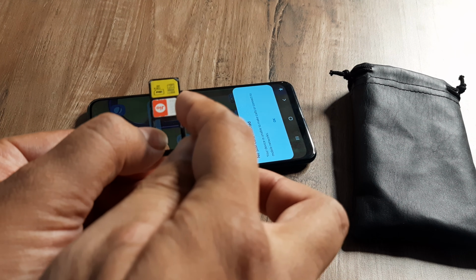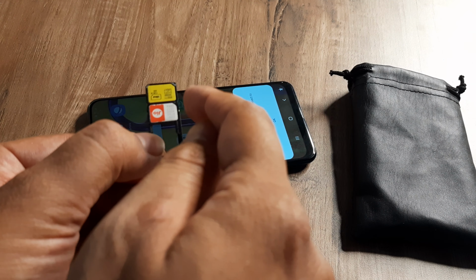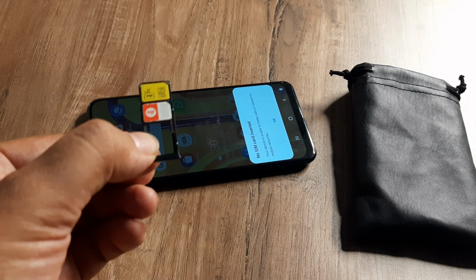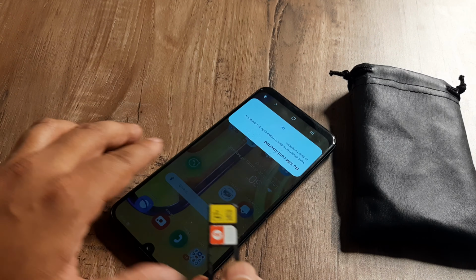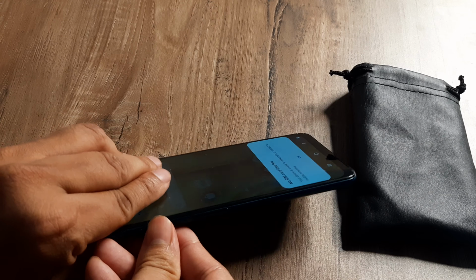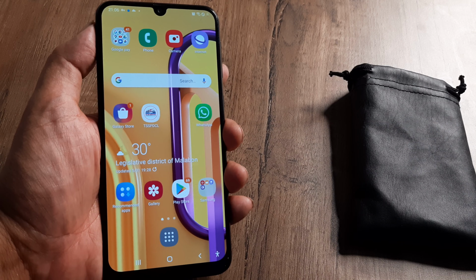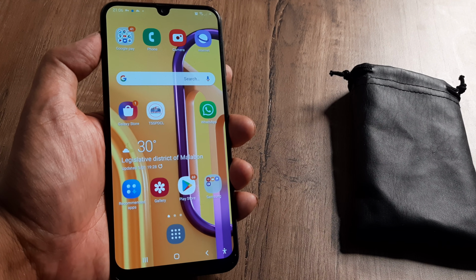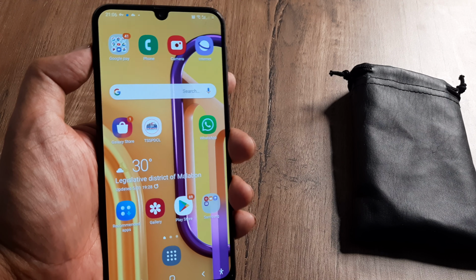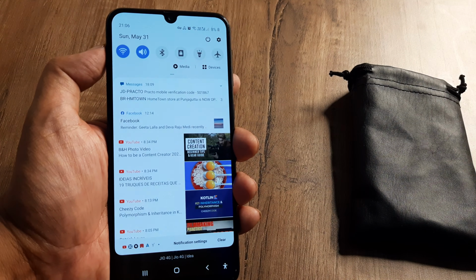Next thing, be very careful that you have inserted the SIM properly so that they fit in the groove properly. So you will see every SIM tray has this small little groove which lets you know how the SIM is to be inserted. Once you have done that, then you can put it back in. So this is one thing which needs to be done, the SIM tray has to be properly inserted with the SIMs properly fit in, and you can slowly see that the network has started to come.